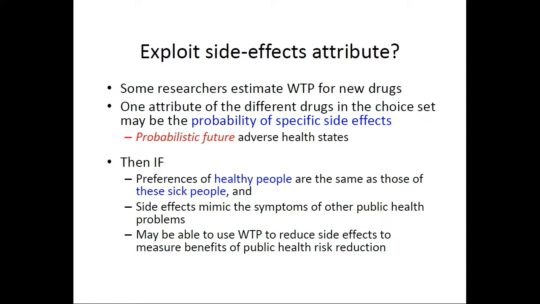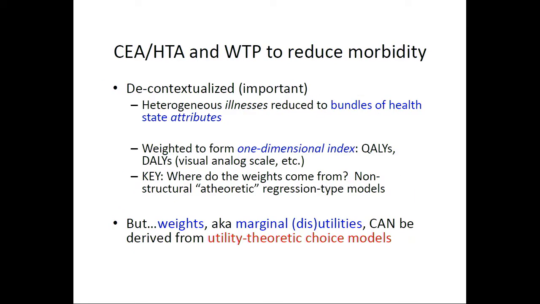And those are prospective, probabilistic, not certain, and off in the future somewhere. We might be able, none of these papers did that, but you might be able to back out some side effect stories that looked more like what we need for environmental health risks. So decontextualization in the health literature is certainly important to reduce very heterogeneous health prospects into sort of an index that's